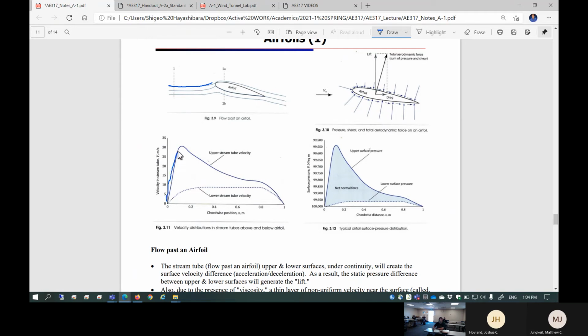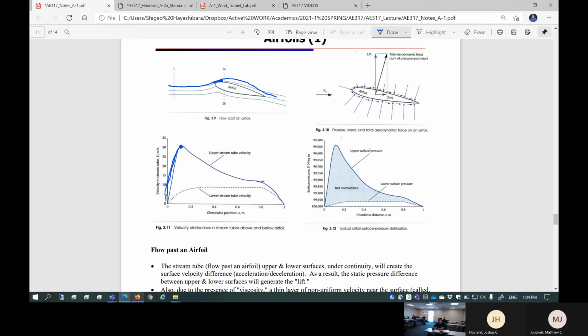This is a plot of the velocity over the top surface. So right here, flow is accelerated and then hits the peak point. So this is the fastest velocity right here. And after that, it just decelerates, and then somewhere here, accelerates again a little bit, and then goes back to zero. So this is the velocity distribution on the top surface. And the bottom side is, well, starting from here, sort of mildly accelerating, but it doesn't do so much,